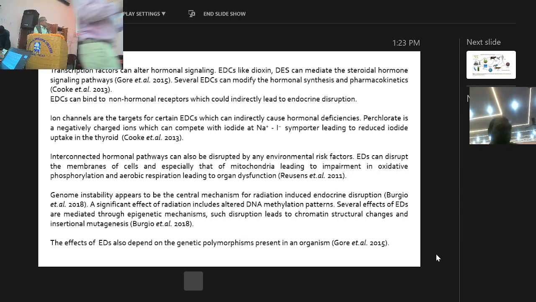Ion channels are the targets for certain endocrine disruptive chemicals which can indirectly cause hormonal deficiencies, as for example in case of thyroid hormone. Perchlorate is a negatively charged ion which can compete with iodine at the sodium iodide symporter, leading to reduced iodide